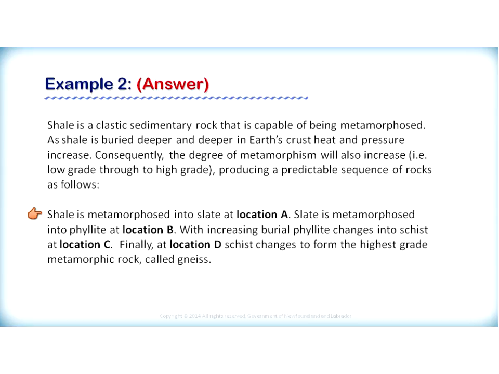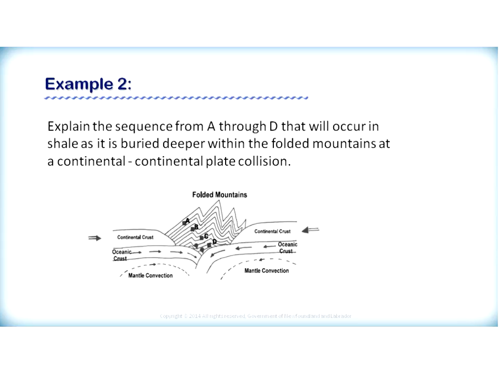Shale is metamorphosed into slate at location A. Slate is then metamorphosed into phyllite at location B. With increasing burial, phyllite changes to schist at location C. And finally, at location D within the interior of the mountain, schist changes to the highest grade metamorphic rock called gneiss. So if we back up and look at the diagram, we see shale at the surface of the mountains